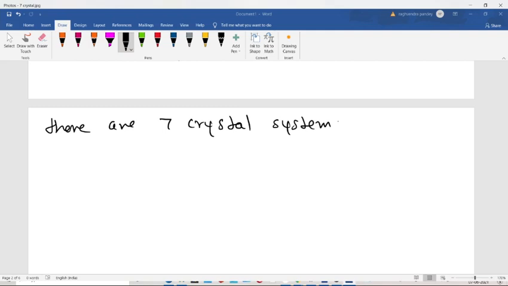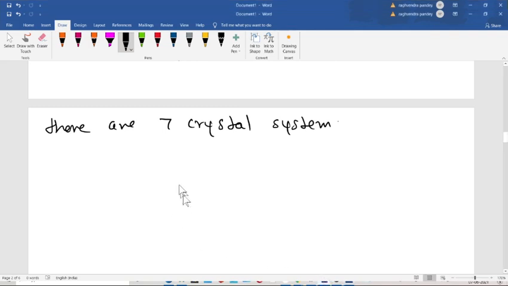Then this one is orthorhombic. Orthorhombic is just like a matchbox. A matchbox doesn't have any dimension the same, so length is not equal to breadth, and breadth is not equal to height. But the angles here are 90 degrees. X, Y, Z, alpha, beta, gamma just tell you what your angle is. So we see the dimensions.